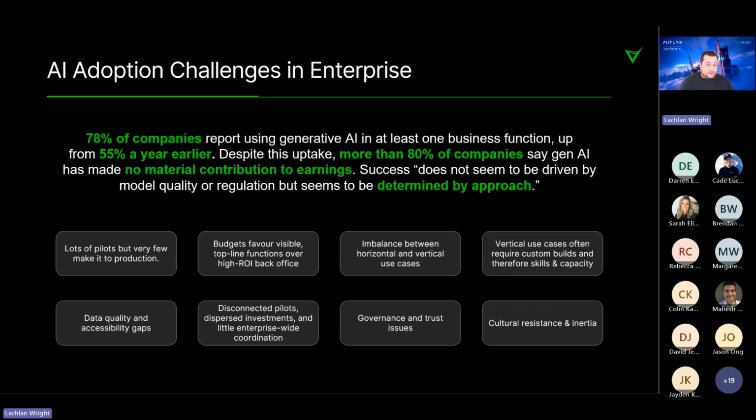So some of the things we see: lots of pilots. I think everyone gets to test and play with things, but it's very hard to get to production. We've touched on that a bit, and that's what we see. Some of the things that lead to that: budgets are always going to favor the top line, the really high visible stuff. That's why it's always talk about marketing or contact center and customer experience and those kinds of things, that customer-facing stuff. But that's also the hardest place to do some of these things, right?